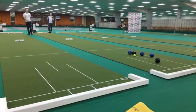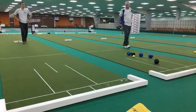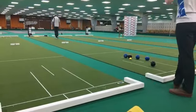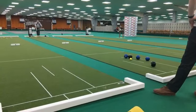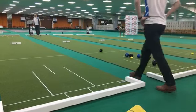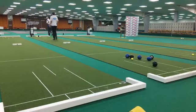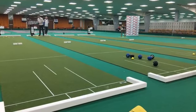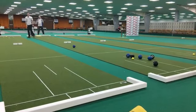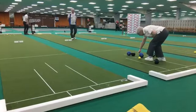Just confirming this game, it's the plate final. Peter Roberts is 10-7 up against Andy Howard, and he's holding 1 in the head. Andy's going to have to try and kill this now to...